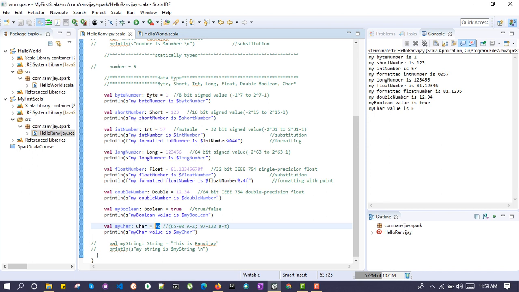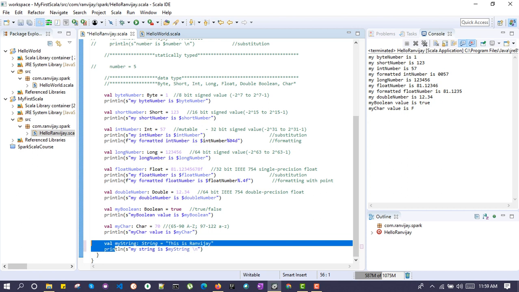Another data type is a string. A string is a group of characters. You can see I have defined a variable mystring of type string and assigned the value this is Ranvijay, and displayed that very same statement. Let's execute this one.